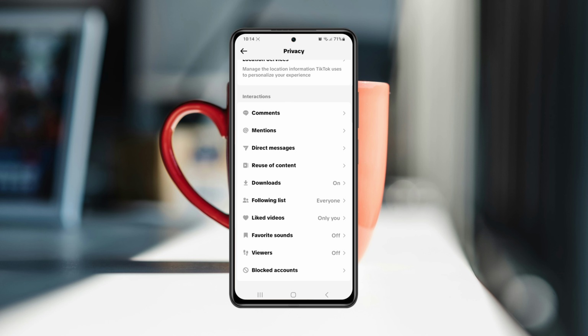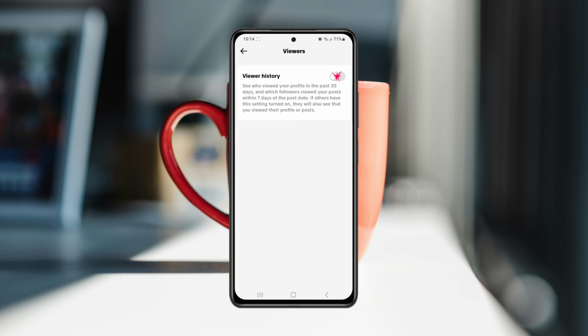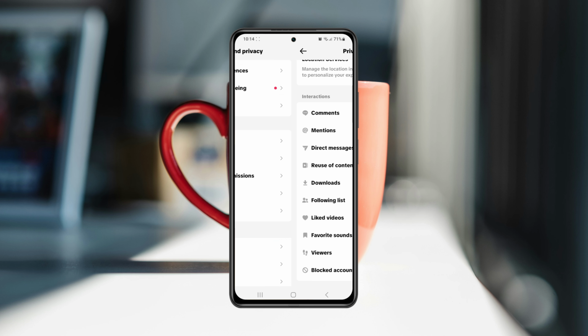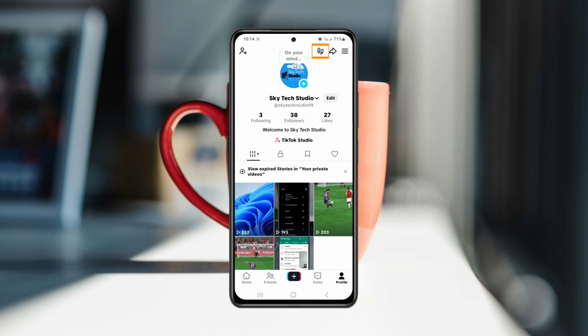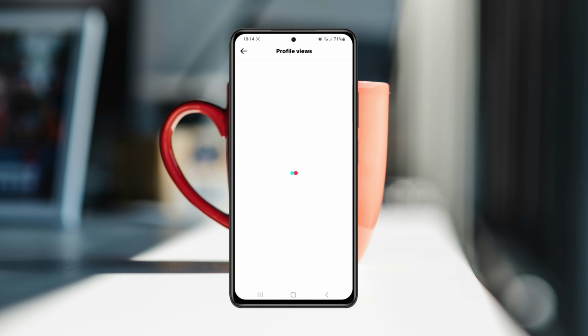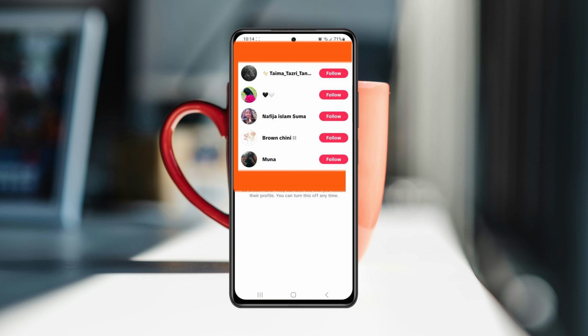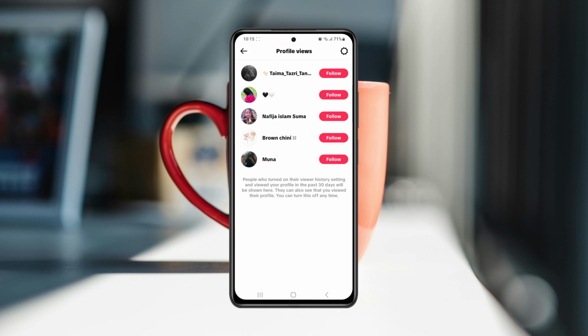You just need to go in and tap on this and make sure to enable this feature, viewers history. And once you have enabled this, from now, if you go to your profile, inside the profile, just refresh the page and you'll get to see the step icon at the top. You can tap on these and you can easily see who actually viewed your profile. These people actually viewed my profile, and this is how you can see who viewed your TikTok profile